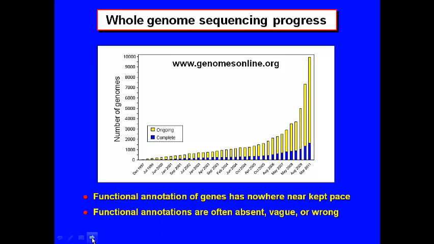You've probably all seen hypothetical protein as an annotation. Well, actually, that's a good annotation. There are a lot of ones worse than that. It's where they're wrong, because that tells you that it's known when it isn't. So sometimes they're absent, sometimes they're wrong, and sometimes they're just vague, and that would be GTPase, esterase, oxidoreductase. Tells you the family, but not the function.